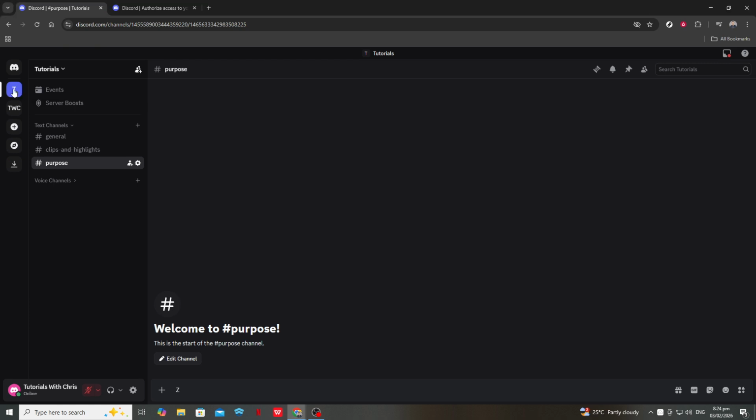In any text channel where the bot is allowed to speak, type the basic help command, which is usually /help or !help, depending on how BloxLink is configured. If slash commands are available, you can also type /BloxLink and look through the suggestions. BloxLink will respond with a list of commands and a quick start guide.